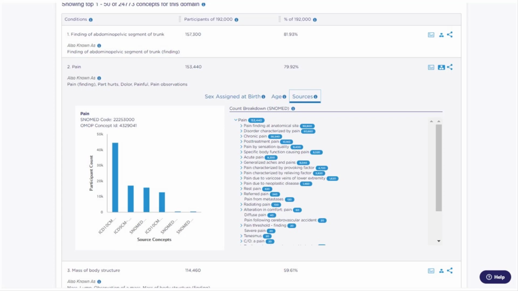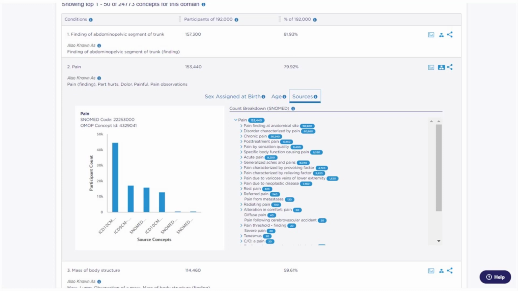For example, if we click the arrow to the left of the top-level concept pain, a list of descendant concepts will appear directly underneath, with numbers displayed to the right shaded in blue, indicating the number of participants having a mention of each specific type of pain in their medical record.